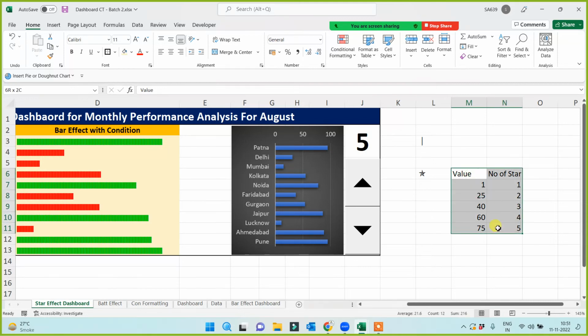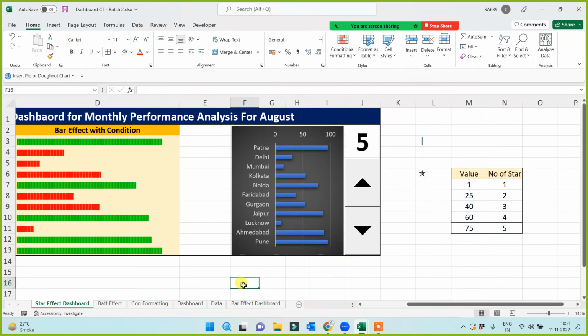So there is a criteria here, and along with the criteria we have a question. If you score 75 or more, then you will get 5 star. 60 to 74.9, 4 star. 40 to 59.9, 3 star, something like that. So what you have to create,